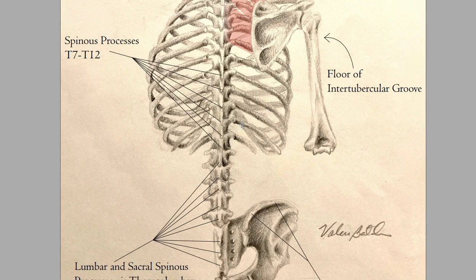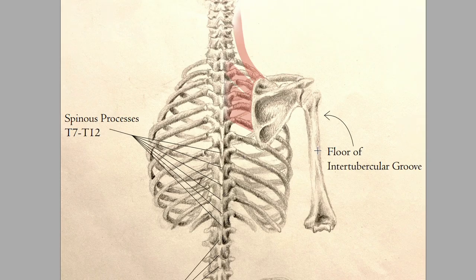Okay, so from there, this large muscle is going to run up. And it may or may not have some slips that will insert onto this inferior angle of the scapula. That's why I basically just left this, I didn't label that part. It may or may not attach to this inferior angle of the scapula. However, the attachment site that it definitely will attach to is going to be the floor of the intertubercular groove